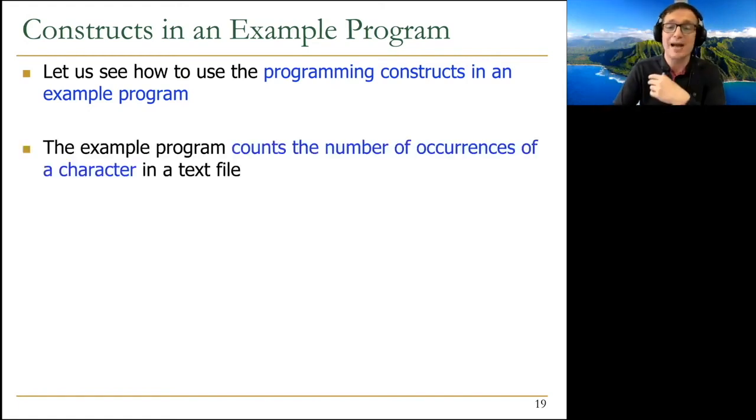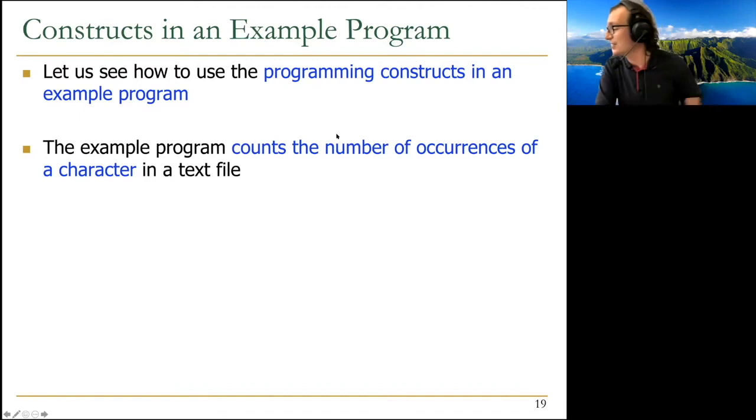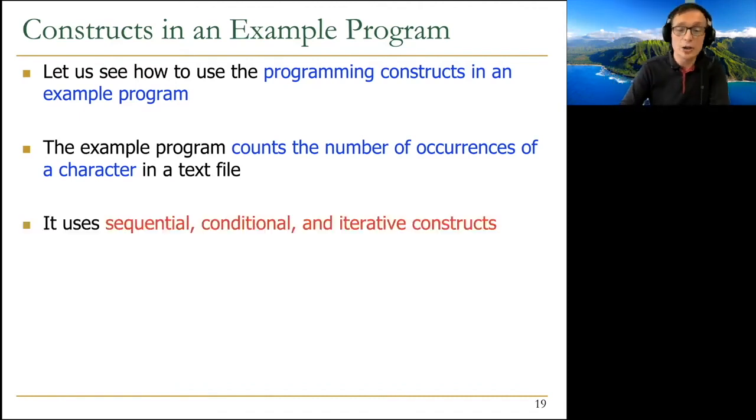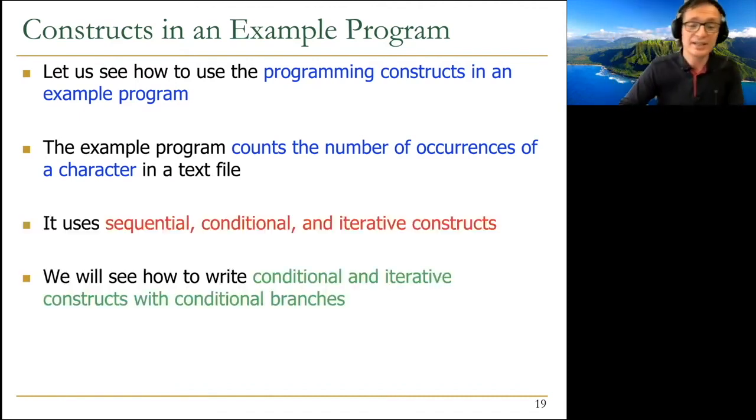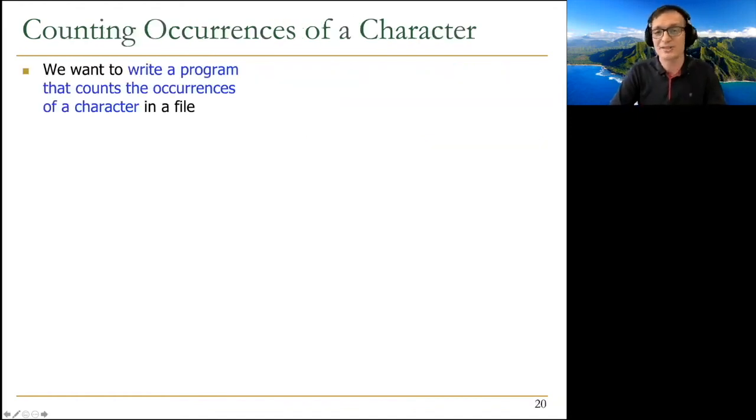So the example program is going to count the number of occurrences of a character in a text file. It's going to use all of the constructs: sequential, conditional, and iterative. And we will see how to write conditional and iterative constructs using conditional branches. So, counting the occurrence of a character, basically, we want to write a program that counts the occurrence of a character